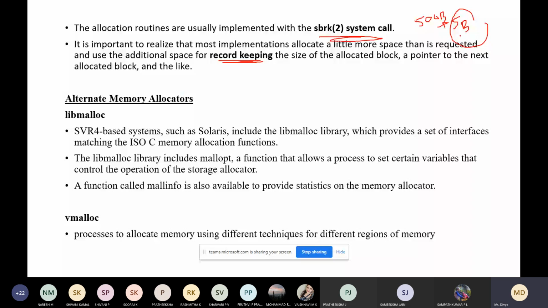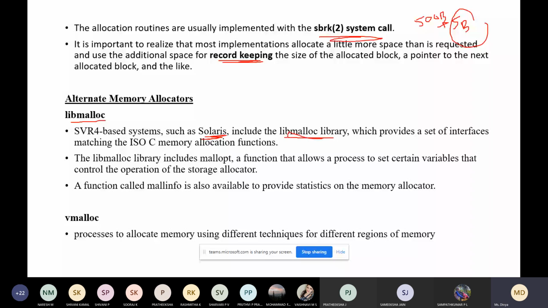Let us look into a few more memory allocation functions. This is one more, libmalloc, used in SVR4 based systems. This is also a Unix based system, Solaris, a version of Unix. In this, we have one more library for dealing with memory, the libmalloc library.